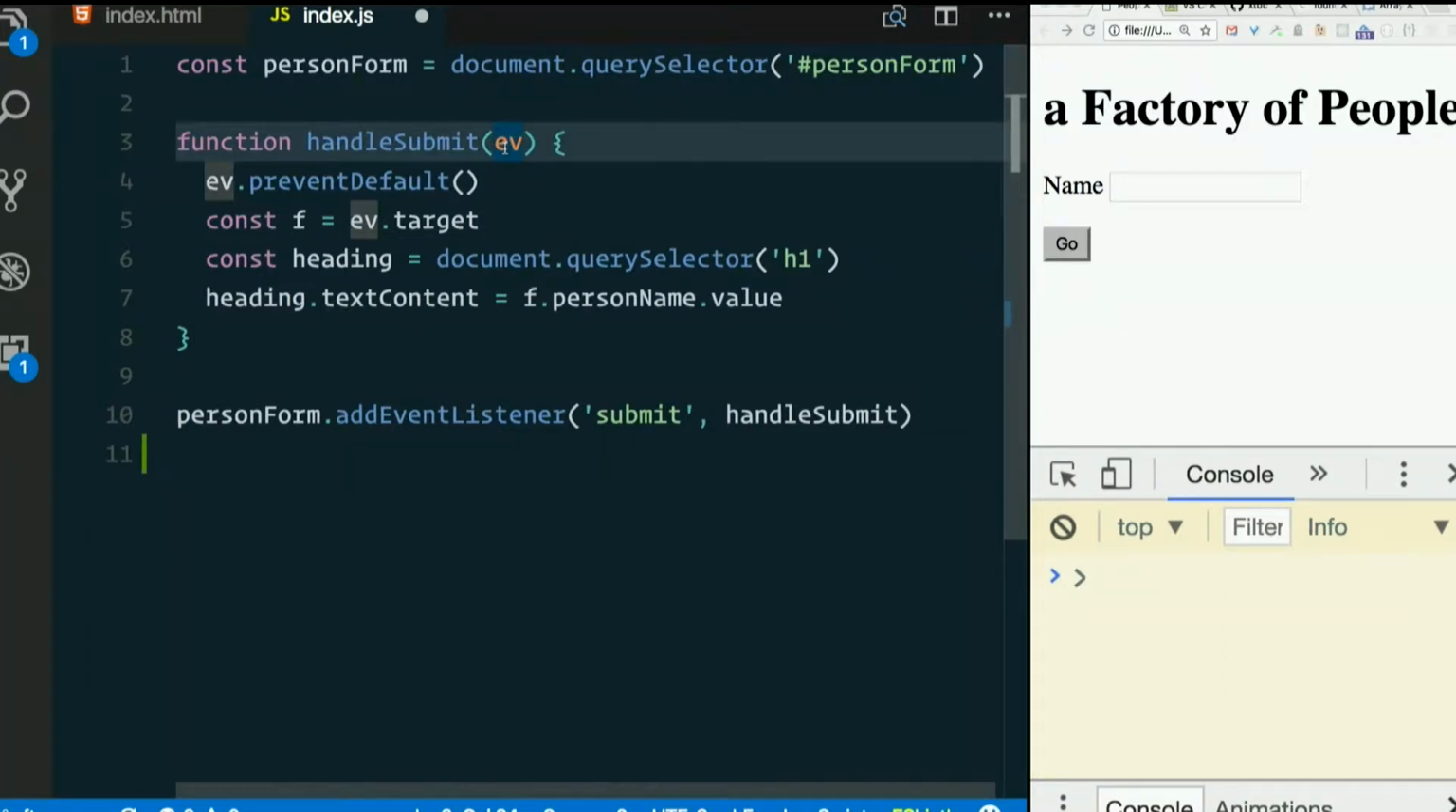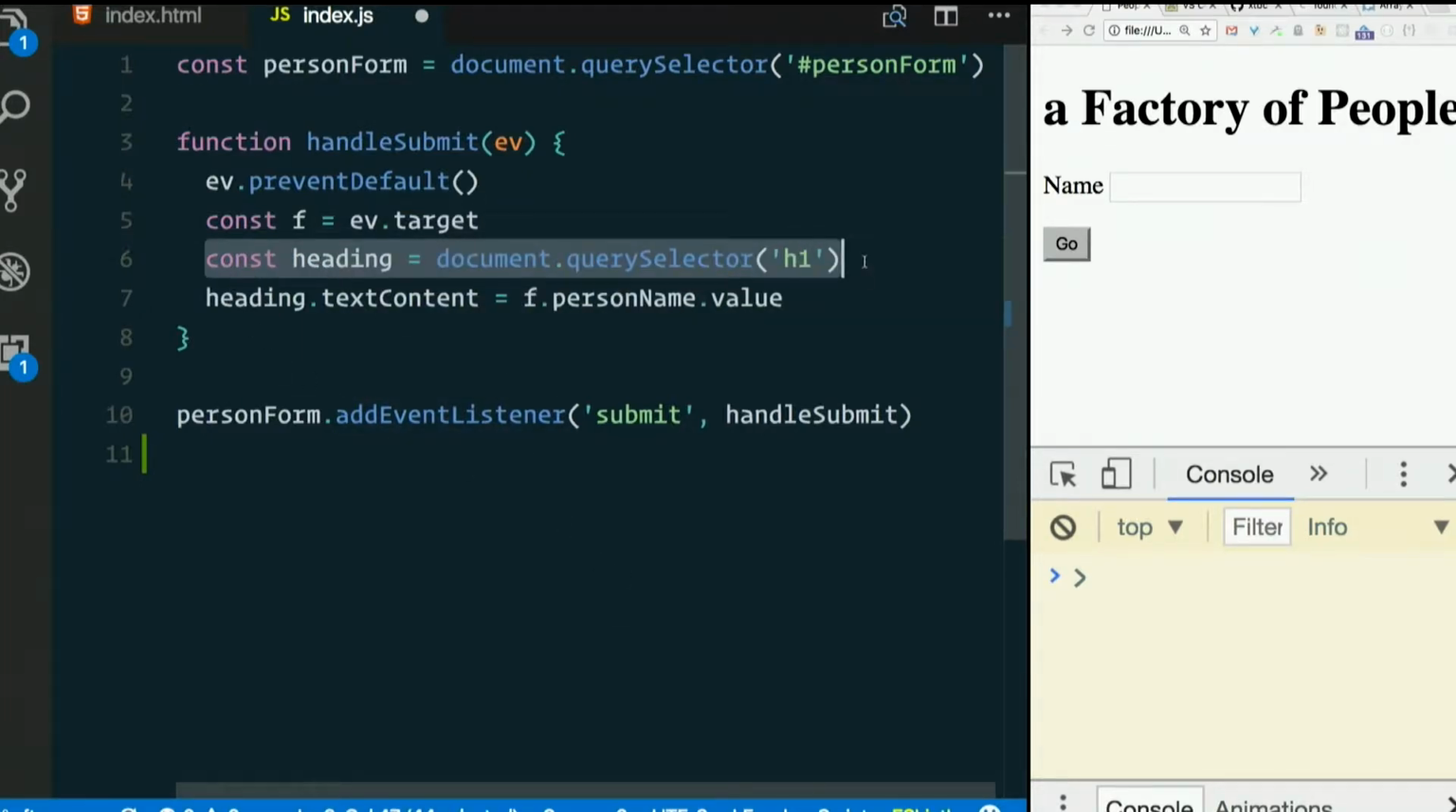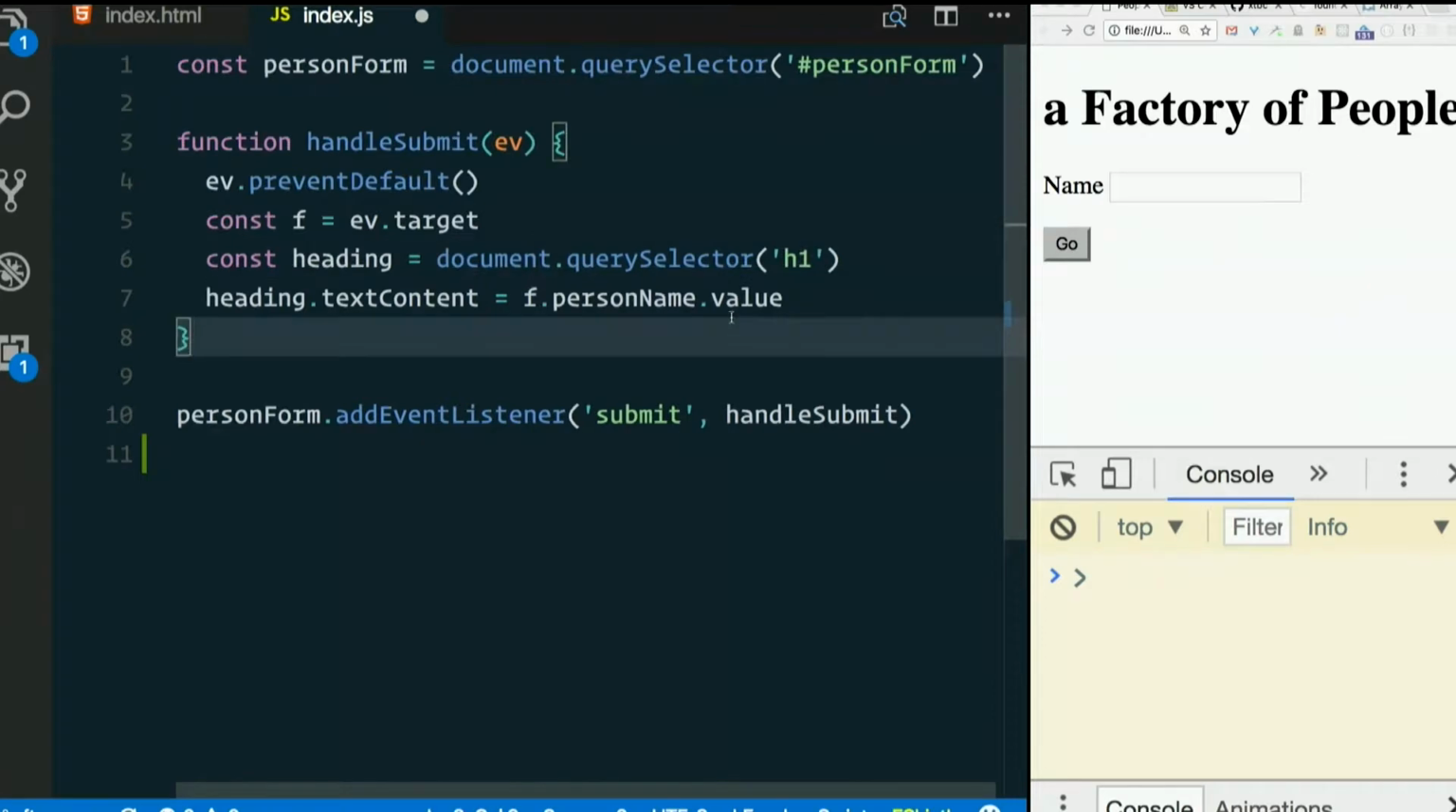And we know that a form submission, if left to its own devices, will refresh the page and nothing else will happen. So we need to prevent that default behavior. Luckily for us, that event object has a method on it, prevent default. We grab the form, which is the target of that event, the thing on which the event occurred. We grab the h1 from the document, and we set its text content to the value that was typed in,